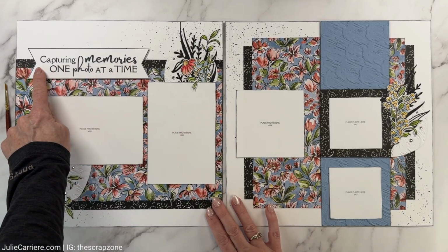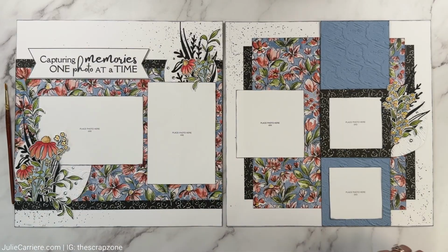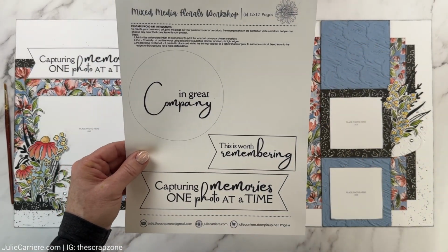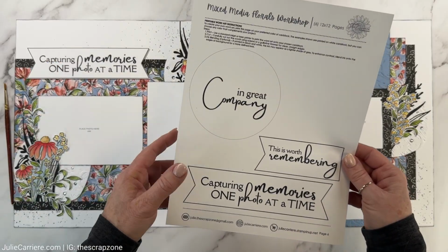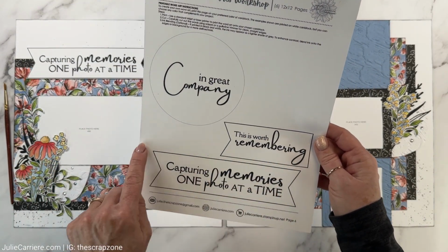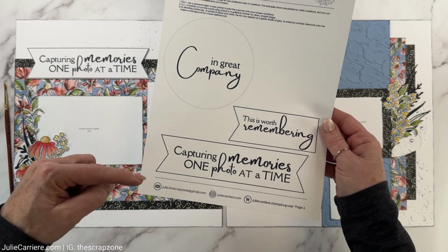And again, here we have this really cool printable title. Let me show you what that looks like. This is a page from my workshop guide, and it gives you the instructions on how to do this. And I think that these titles look really, really good. I've got a nice black border around it, so if you're good at fussy cutting,